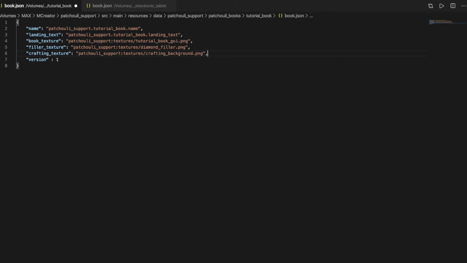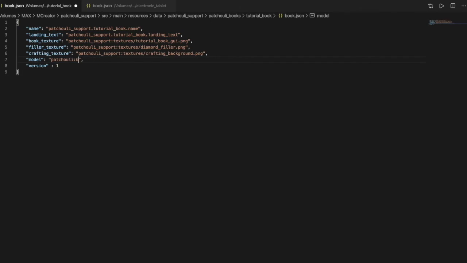Next, there's the model. The model is a texture if you don't want to have the default book, so you can always change it. You just have to put model, double dot. If you want to put another book, there are more Patchouli models by default, so you can put patchouli:book_cyan if you want another color.